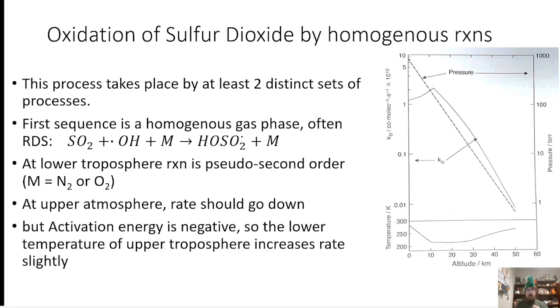But now here's where it gets a little bit more complicated. We can have both a series of oxidative homogeneous reactions or oxidative heterogeneous reactions. Homogeneous reactions are reactions that